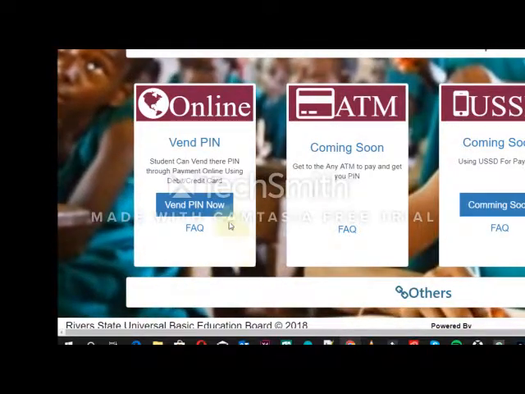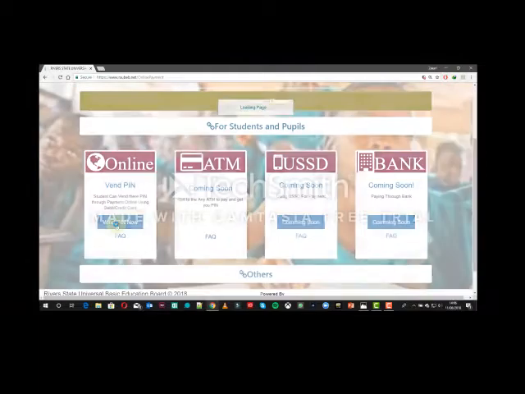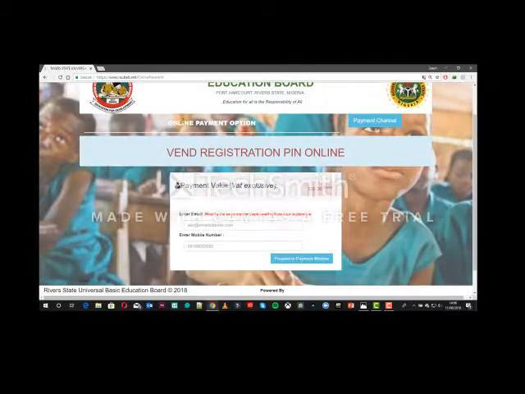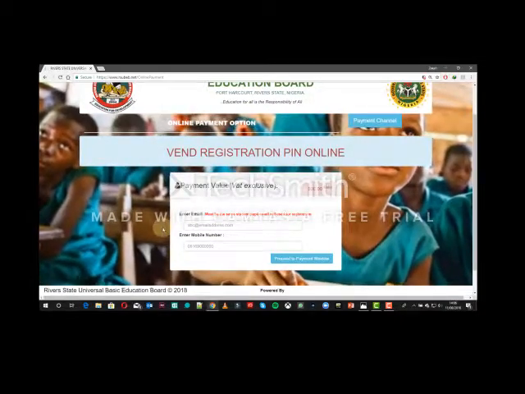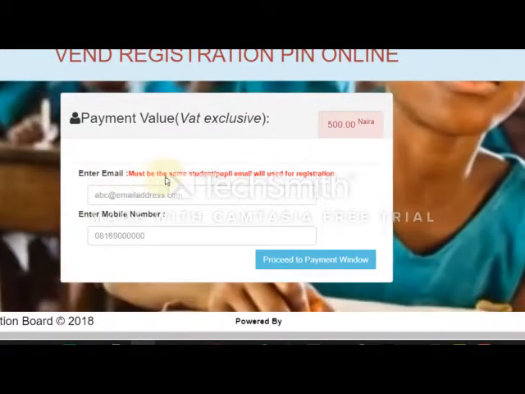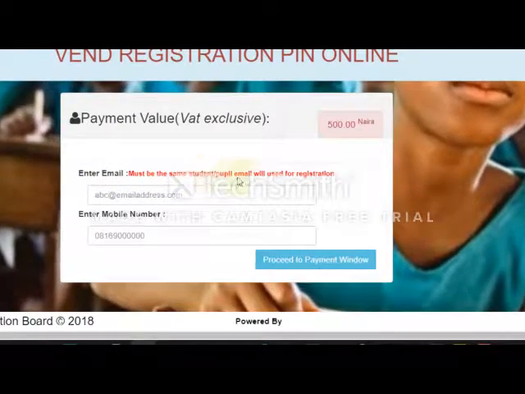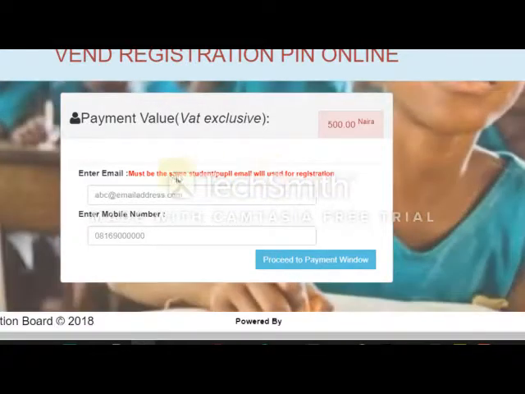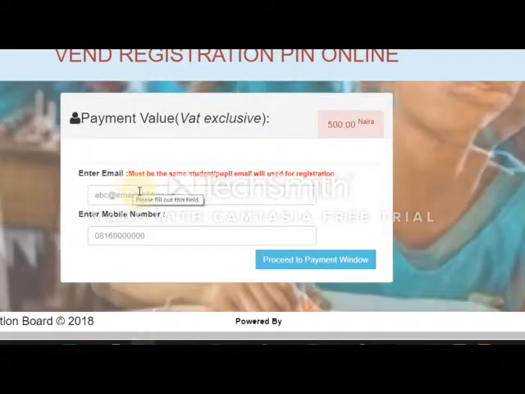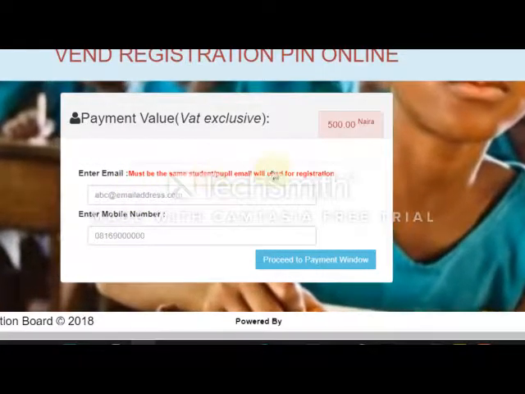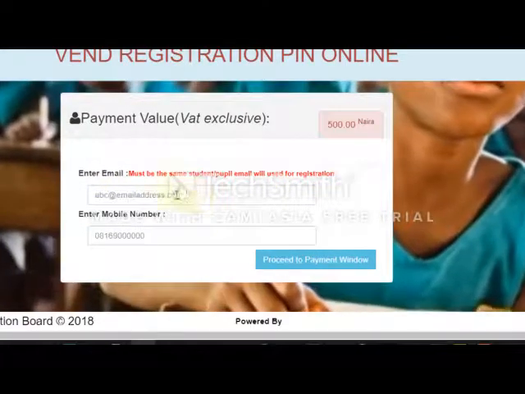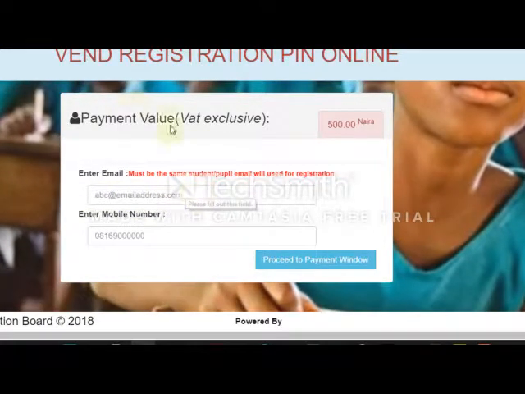So I will click on vend pin now. Okay, so it brings us to this page. We can see here there's an instruction. After enter email, it says the email must be the same email used for registration. That is, this email that will be used for payment now for the child must be the same email that will be used for the registration of the child. I think that is clear enough. So whichever email you are going to put in here, make sure that is the same email you use